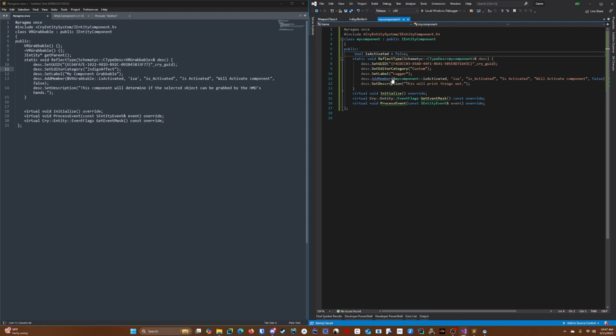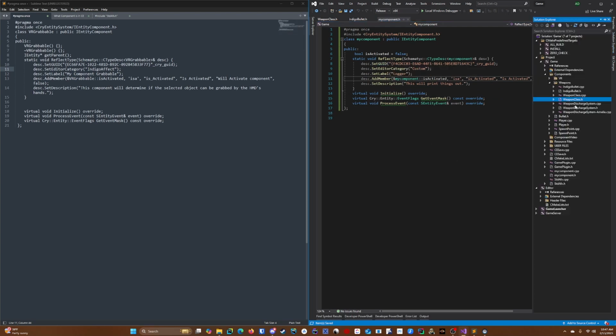There we go, works. Just needed this reference. Okay, and CryEngine works off of references and pointers. That's actually all of C++. So now let's get into the actual meat of the